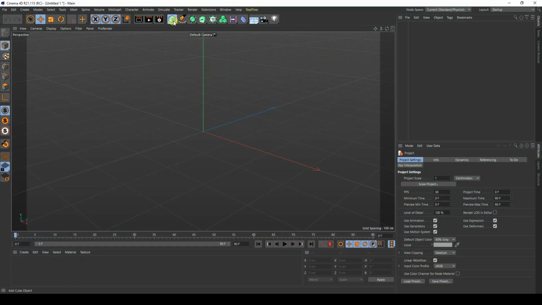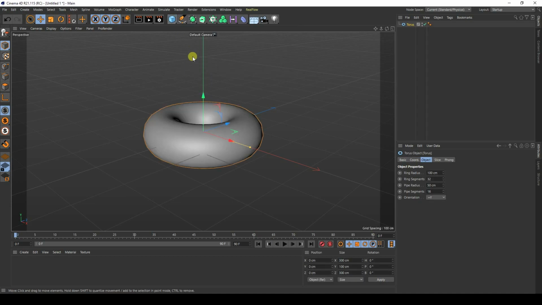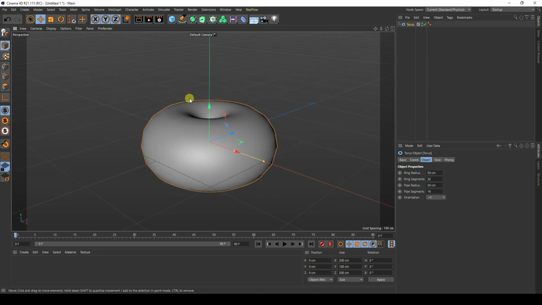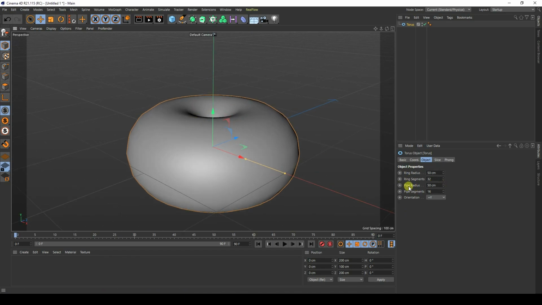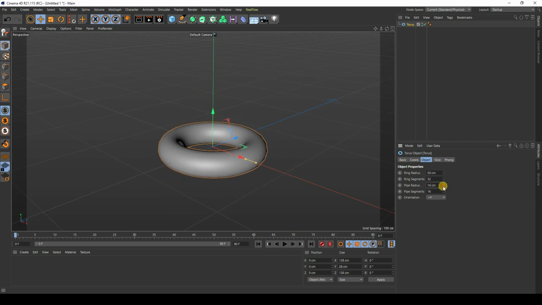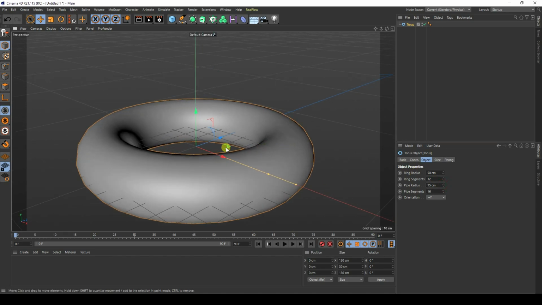So firstly guys, I take this one torus and create a simple shape. I change the radius. See, that's my ring radius. Take half, like 50. And this one, pipe radius, smaller. I like 15, is good. Right. Okay. So guys, now I increase segments. Segments increase randomly like this, and 35 is good.